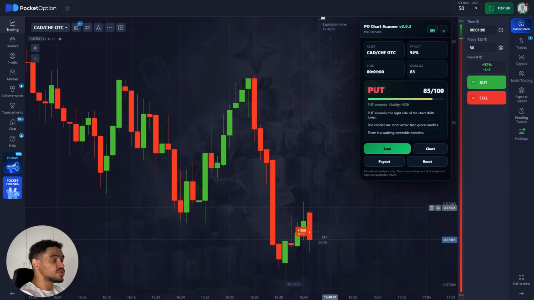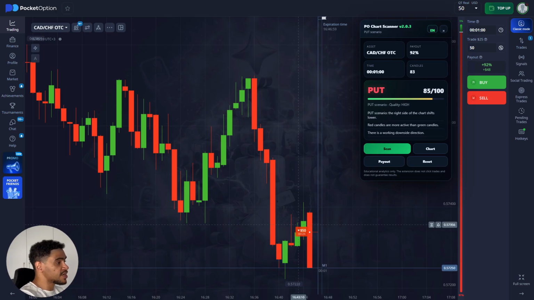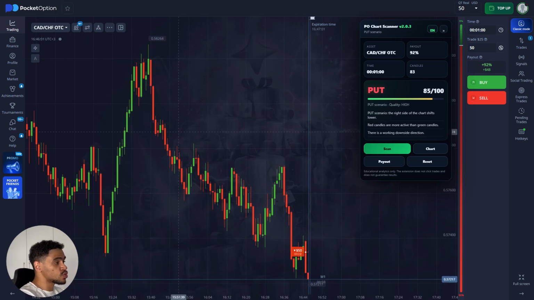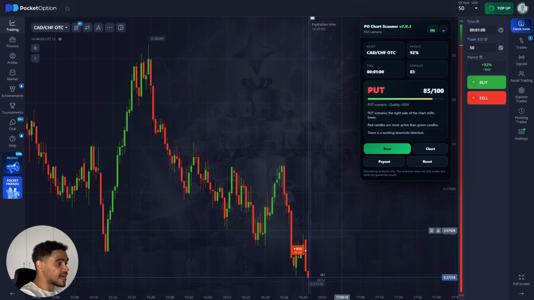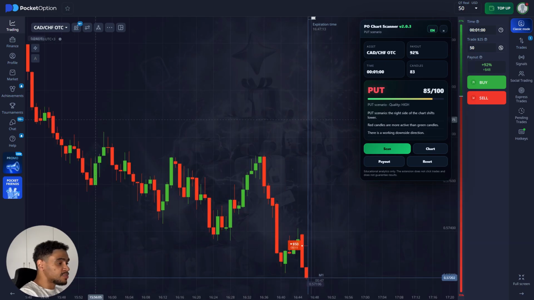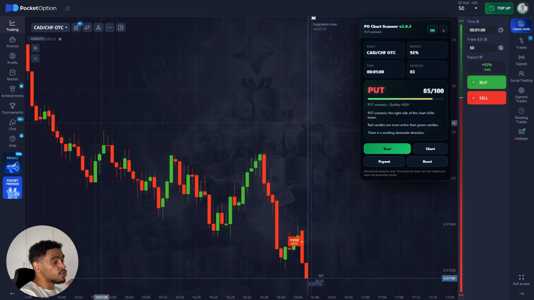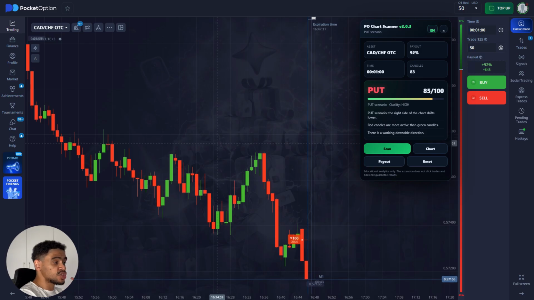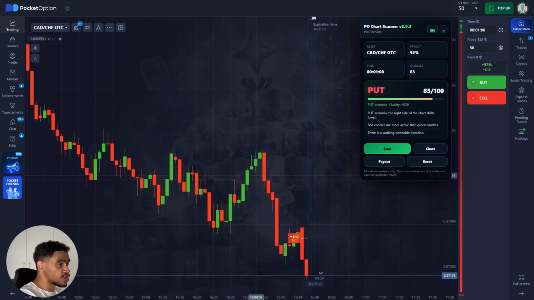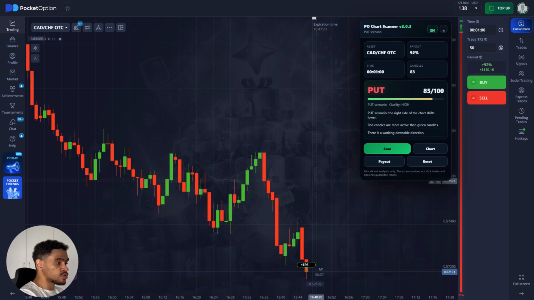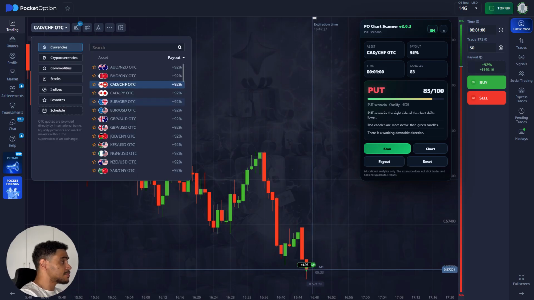Because this is a very strong signal, I'm placing way more than I usually would. This is $50, this is 50% of my balance, which is very big. But I'm very confident in this trade as I also see that there is an active downtrend right now. As a beginner trader, a lot of these things are going to be really hard for you to spot, so this tool will definitely help you get an edge in such situations. And there you go, our strong signal goes through and we are at $146,